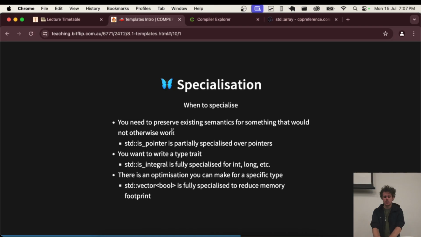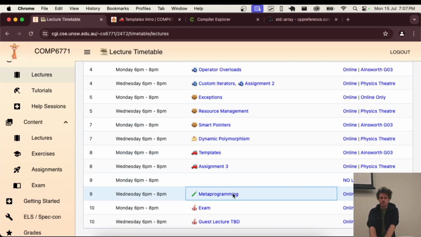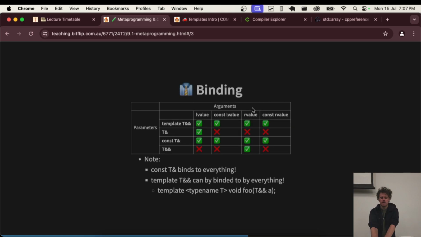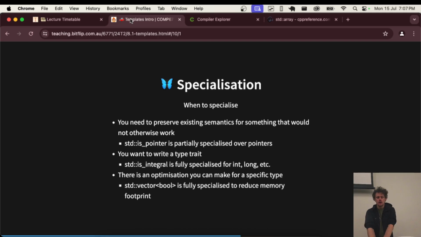When to specialize: you need to preserve existing semantics for something that would otherwise not work. Now, again, the funny thing about this one is a lot of the benefit of specialization actually pays itself off when it comes to metaprogramming, which we talk about next week with type traits and type transformations. So I'm probably not going to go into a huge amount of depth with it now, just because the examples will be better. Because things like isPointer and isIntegral are tied to the type transformations and type traits next week. However, an example of one that I always found interesting to read about is that there's actually an explicit